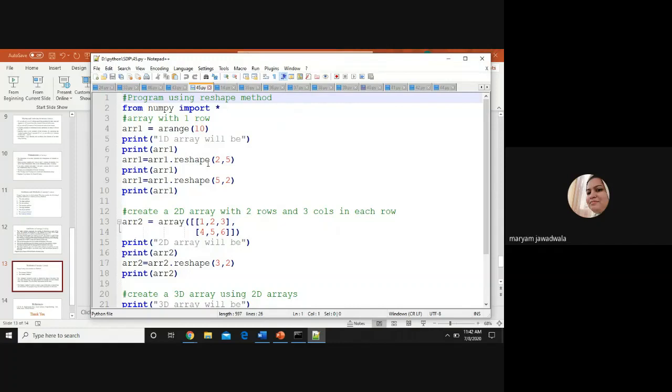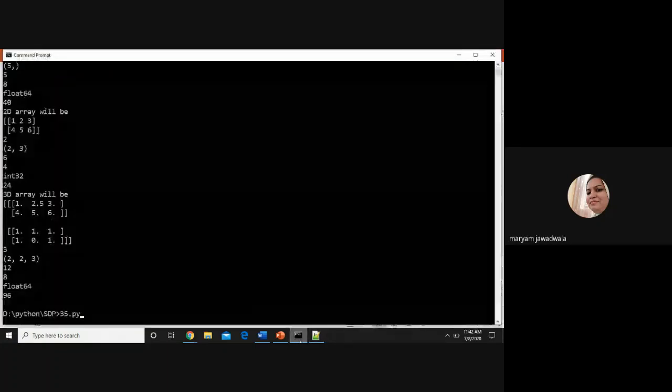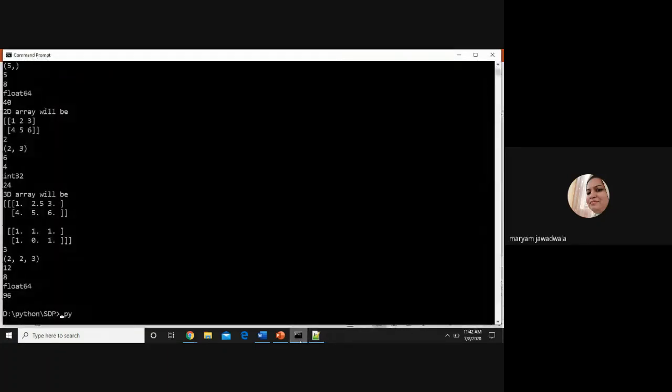Using the reshape method, what happened? My array will convert to a 2D array, 2 rows and 5 columns, right? And suppose I write reshape 5 comma 2, it means my array will convert to 5 rows and 2 columns, right? Let's run this program and check the output. 45.py here.